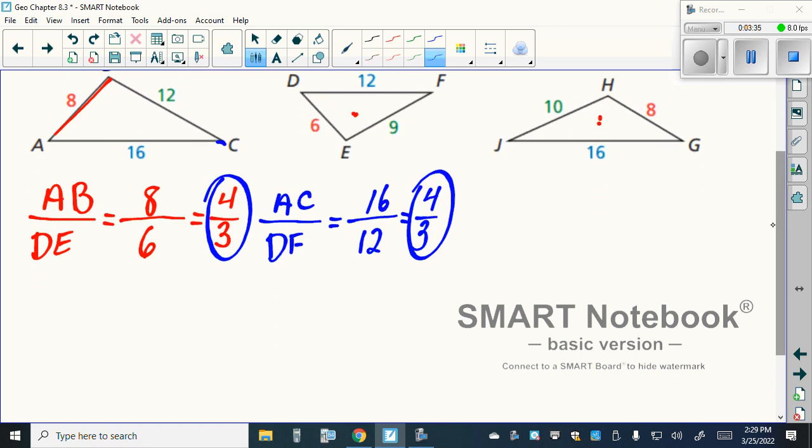But we have to have all three. We only have 2 at the moment. Yes, we need to check all 3 because it could work out that the third one isn't. So the last side we haven't looked at is BC, and BC is going to be over EF. Now, guys, the side length for BC is 12, and the side length for EF is